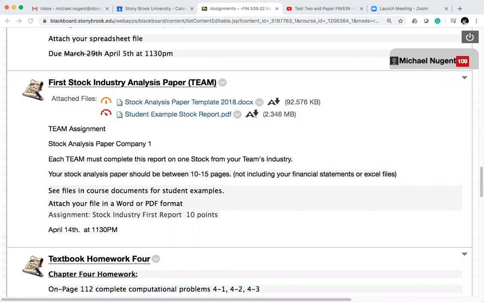Now remember, today is the 8th, so that only leaves about 6 days to complete this. Hopefully you've already done work creating the database, so you have your databases set up and all your data in there. So for writing the report, one thing to remember is you don't have to create references or citations for the report. It's not required. This is not a typical research paper. This is a stock analysis report.